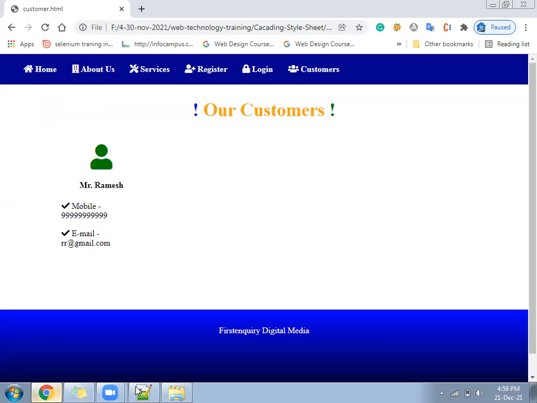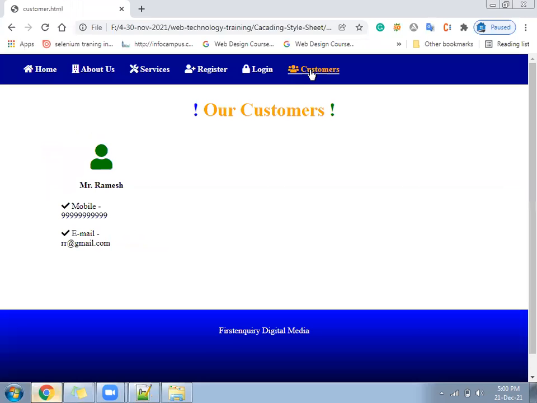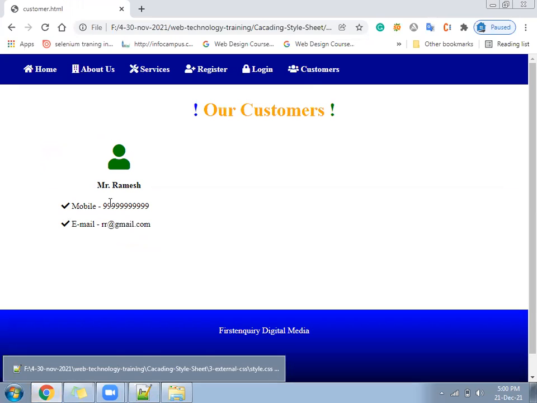Mobile and number went to the next line. 27.33%. This is okay, but this is coming in the center now, and this fellow is on the left hand side.